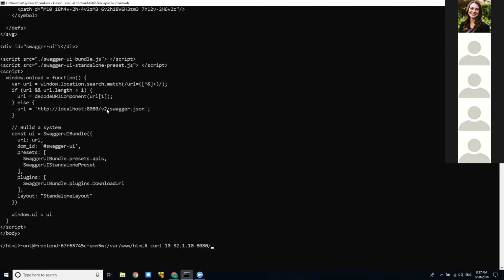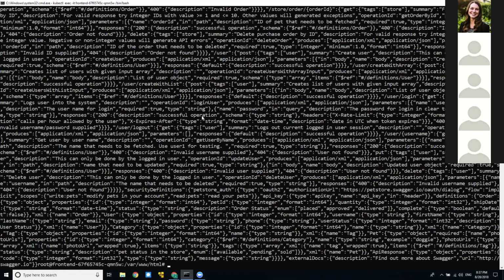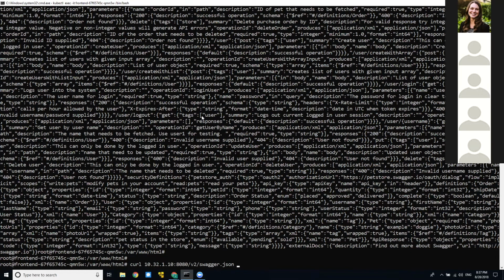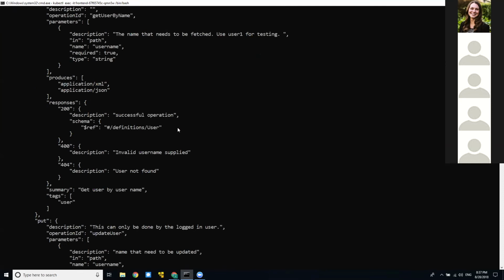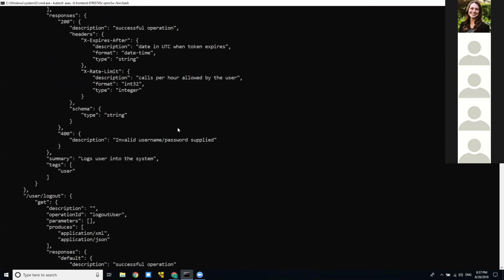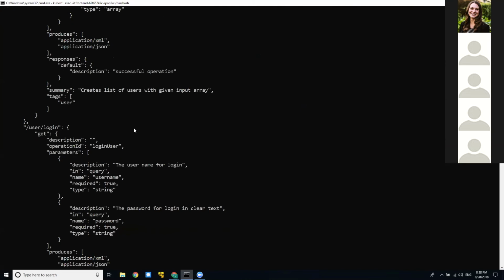So let's get this JSON Swagger documentation and pretty print it so we can really understand it. Now we can see all the methods and paths of this path store service, this REST API service.